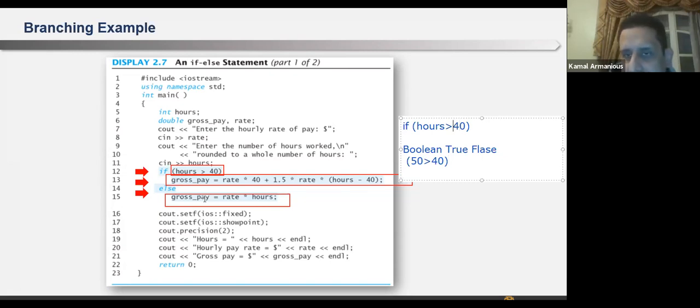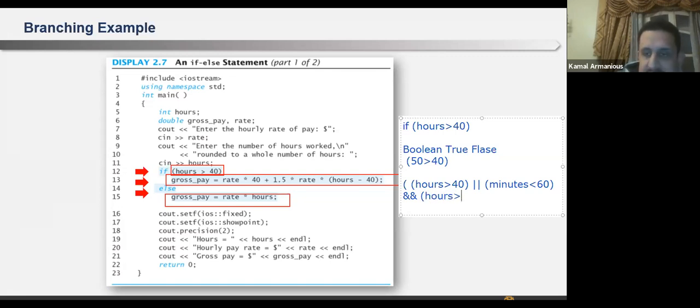It can be as simple as this, and it can be as complex as this: if hours greater than 40 or minutes less than 60 and hours, whatever, I'm just doing anything, greater than 80 and minutes greater than 100.